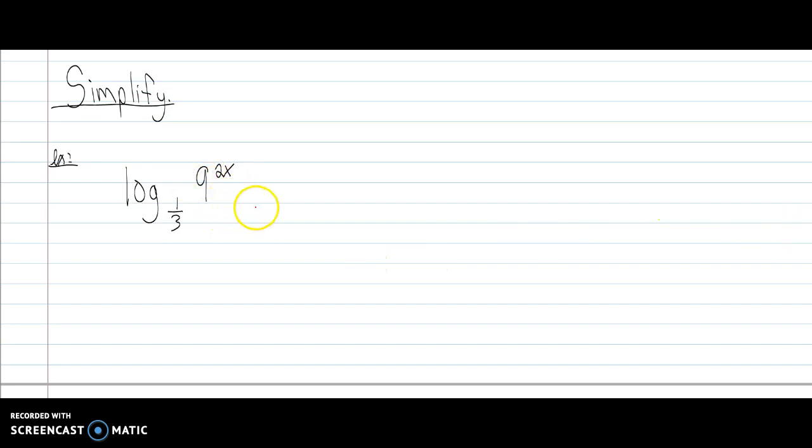Next, we're looking to simplify this log. And unfortunately, these bases are different. We have log base 1/3 of 9 to the 2x. If these bases were the same, our answer would just be this exponent because they're in essence inverse operations of each other. But what we can do is we can rewrite this 9 to the 2x as 1/3 to some